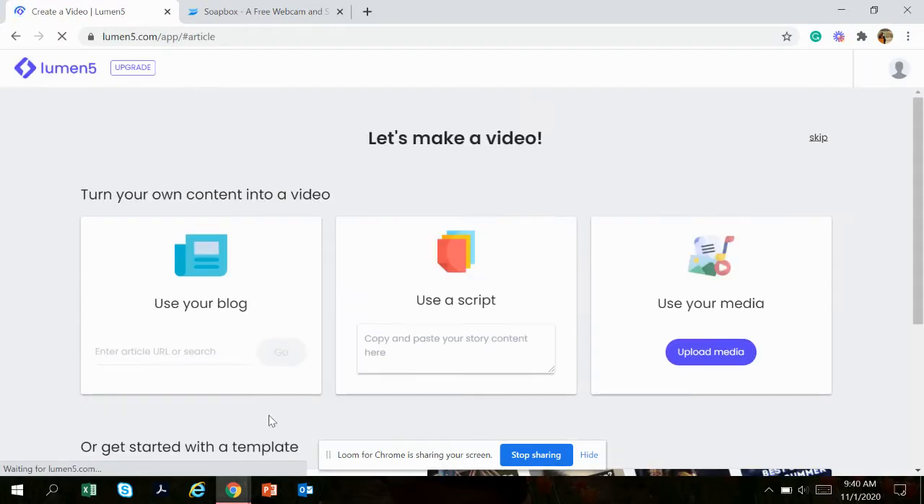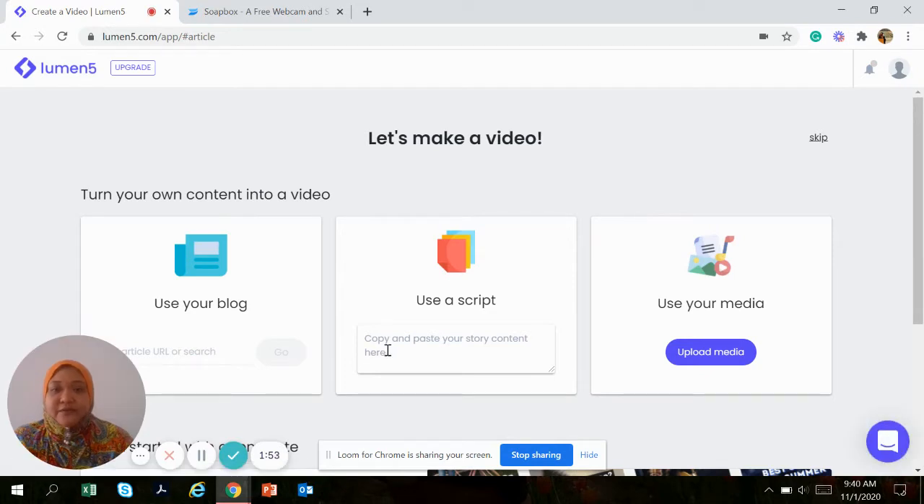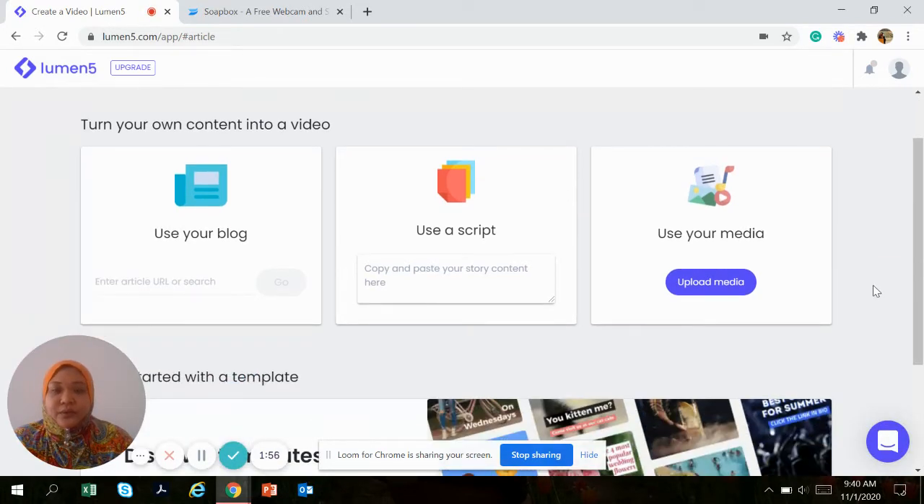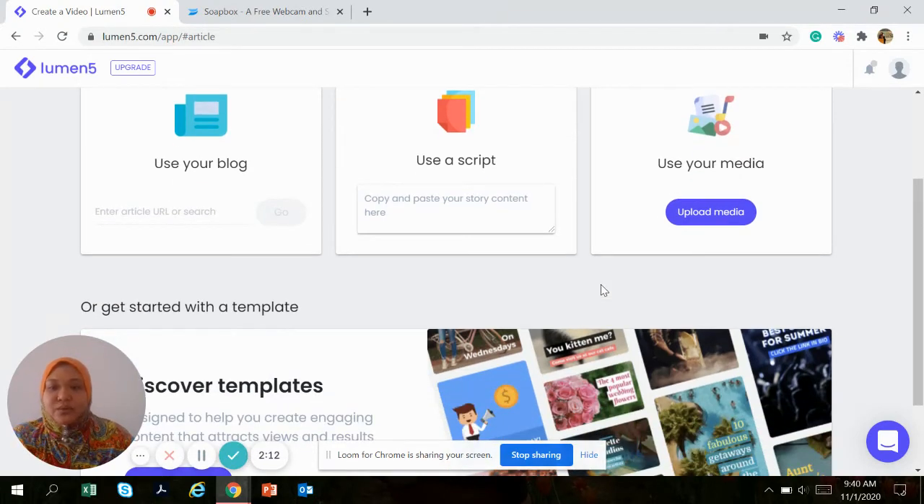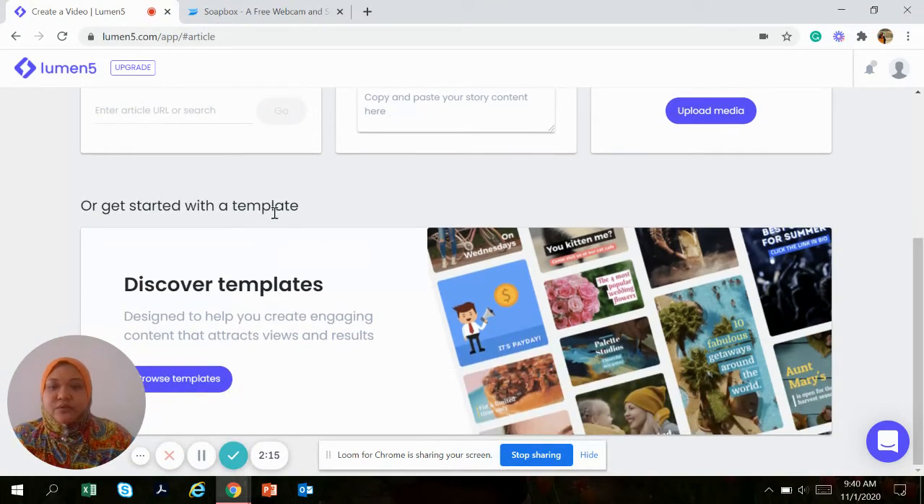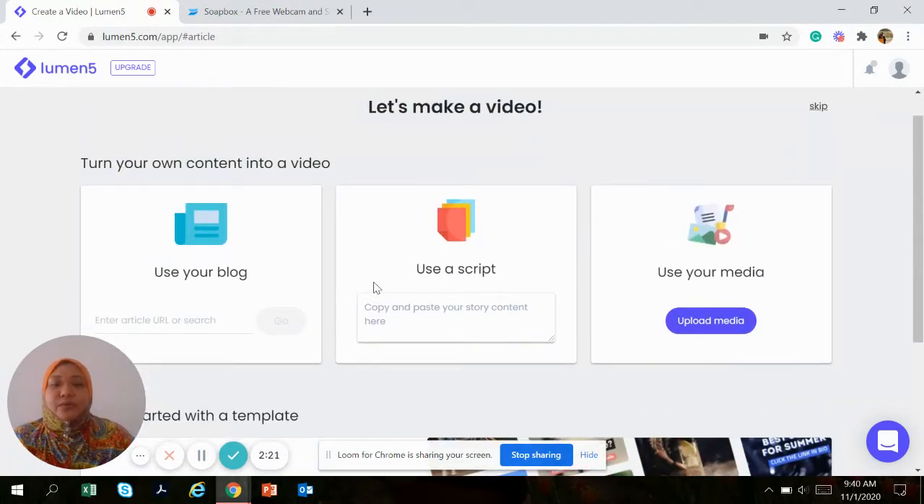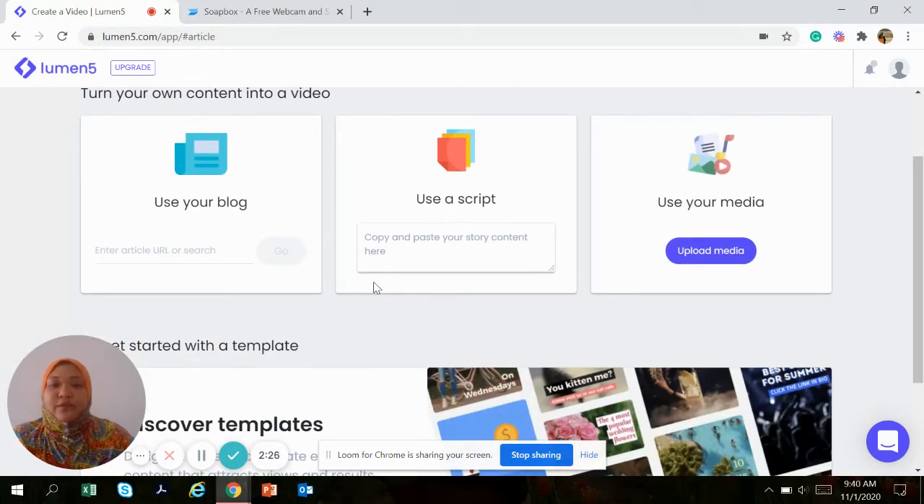Lumen5, okay, is actually a website that can turn your own content into a video. Either you use a blog, or you use a script, whatever script that you already prepared, or you can upload your media. So how it is so easy is and also they have a template. You can discover your own template, and it will help give you what is suitable for your blog, for your script or for your media. Okay, let's we open